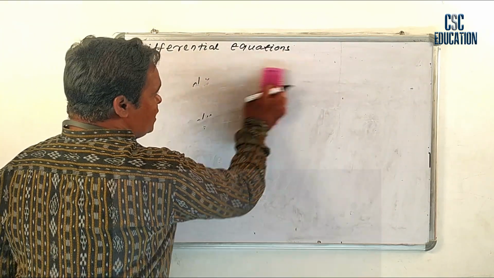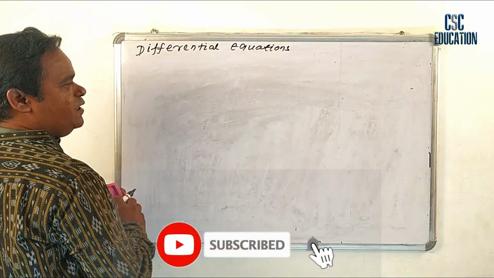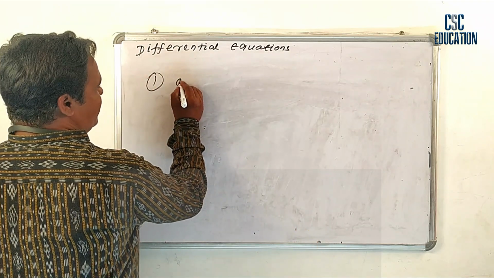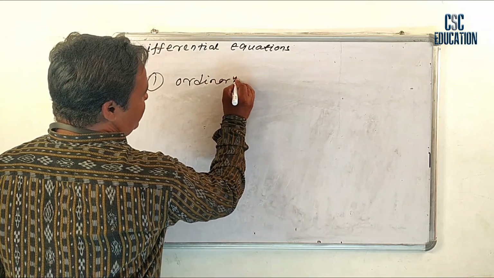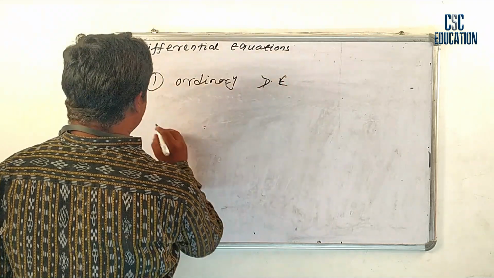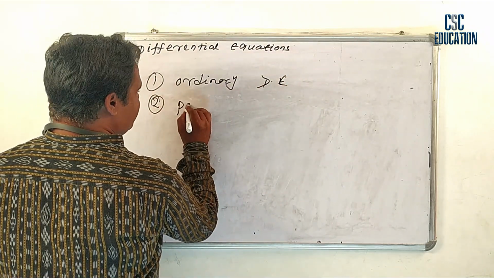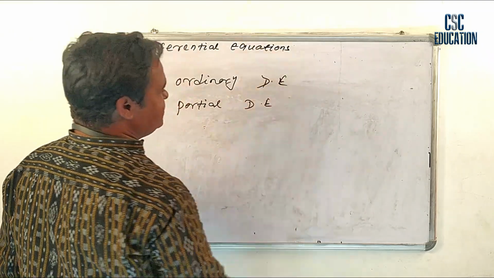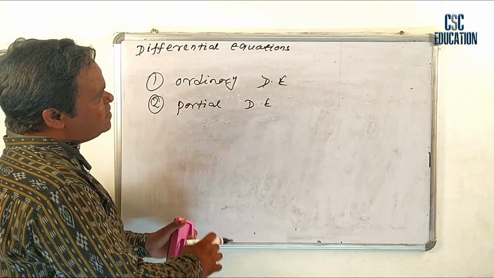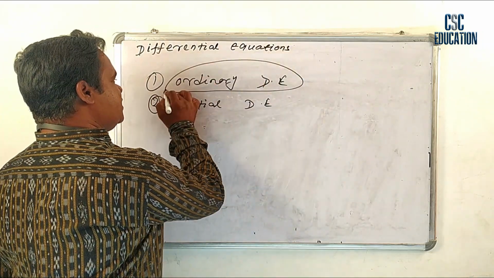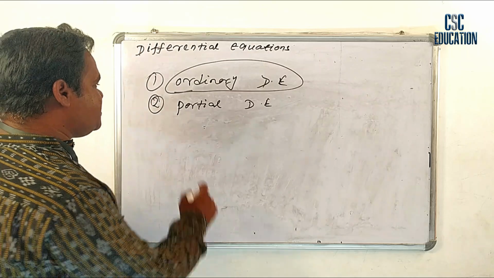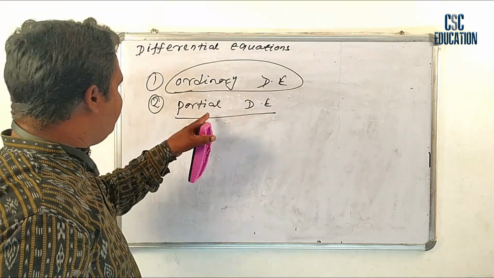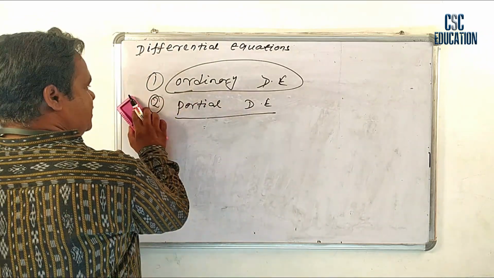There are two types of differential equations. The categories of differential equation are two types. Firstly, ordinary differential equations. Another part is partial differential equations. Okay. But I have discussed the topic of ordinary differential equation. The partial part is not in the plus 2 level. So it is in the higher level. Okay, contents.